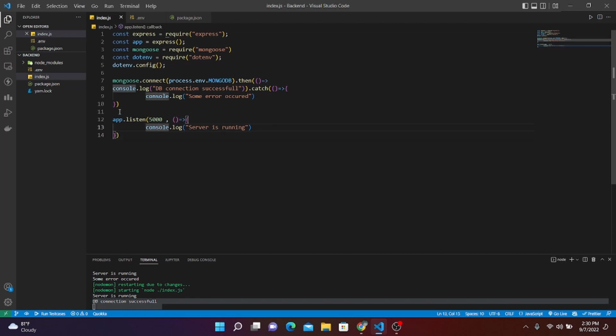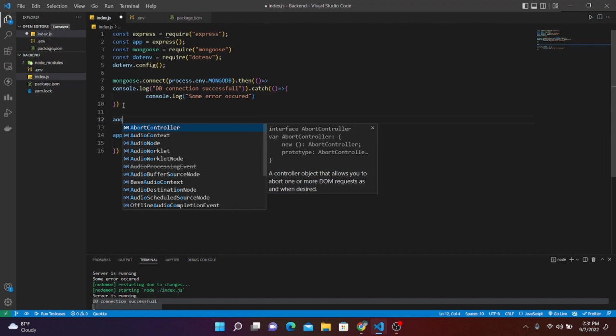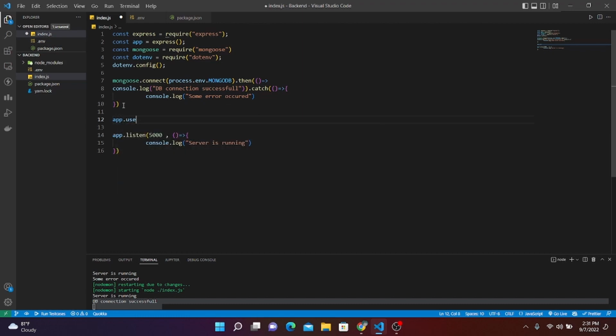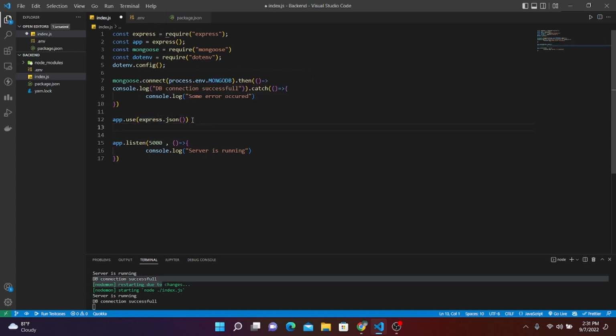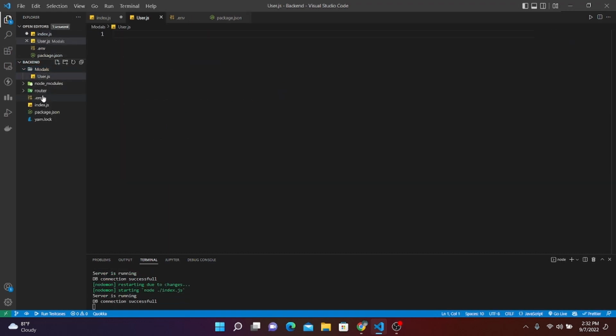So now what I'm going to do is write app.use and express.json. What this express.json does is it helps us parse our JSON file. So now let's write models. After that, let's write our router. Into our models, let's write a user.js, and inside this router